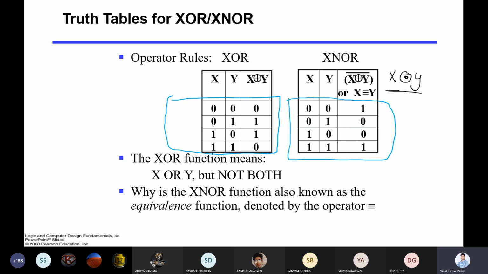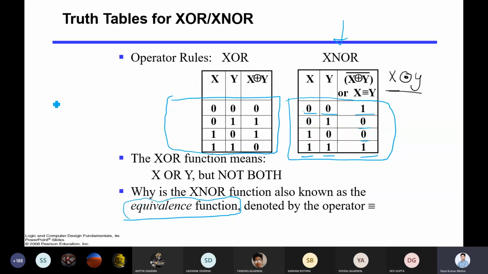So in case of XNOR, when both are 0, 0, you will get 1. If both are 1, 1, then also you'll get 1. But if one of them is 0 and one of them is 1, you'll get 0. This is known as the equivalence function as well.